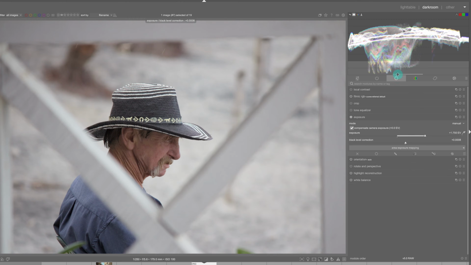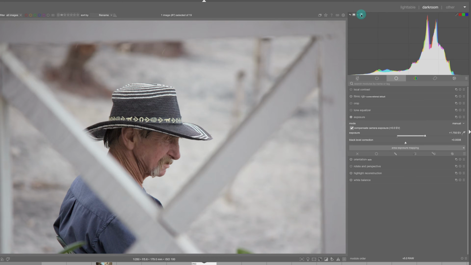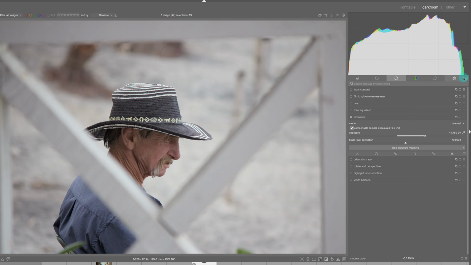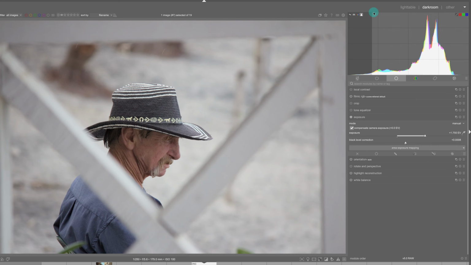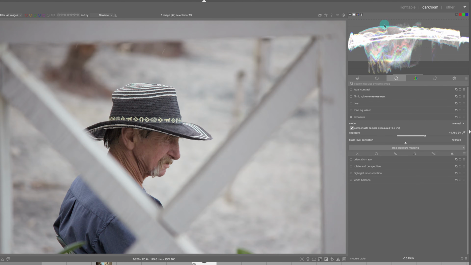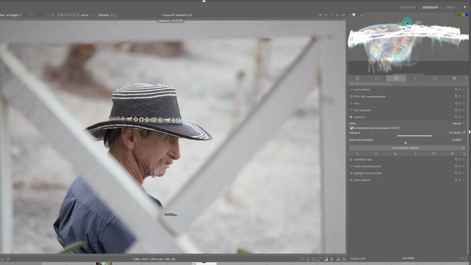So now the image looks a little bit better. By adjusting this, we can see when we go to the histogram, it has been moved to the right a little bit. And it looks like it hasn't been fully corrected here. So what I can do is go back to this waveform and move it up even more. And remember, sometimes you just can't recover everything, but nothing is overblown here. So I should be able to push this up really high,